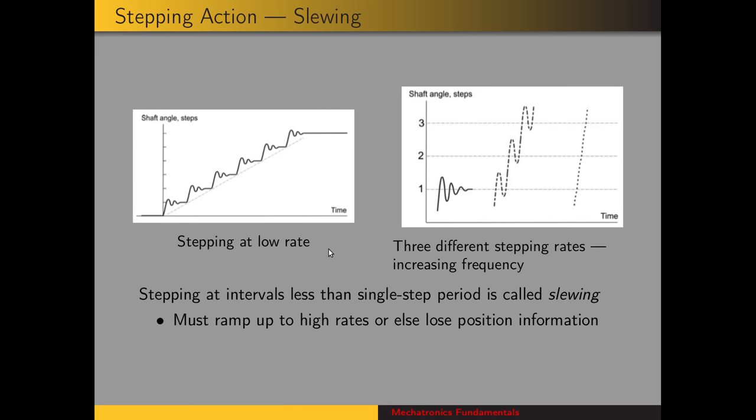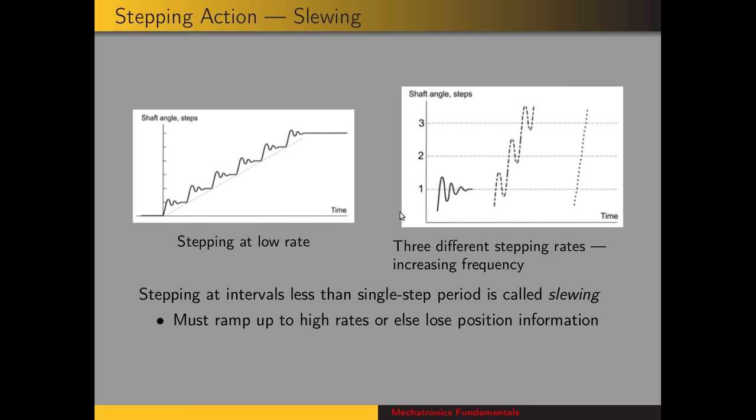Slewing is the term used for when the stepper motor is driven at stepping intervals that are less than the single step period. So you can see here at a low rate, the motor has a chance for the oscillations to die out before the next step is taken. And then at higher stepping rates, oscillations don't die out before the next step is taken. And the motor can be driven at high rates. But